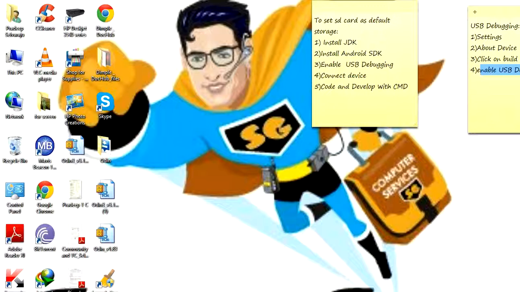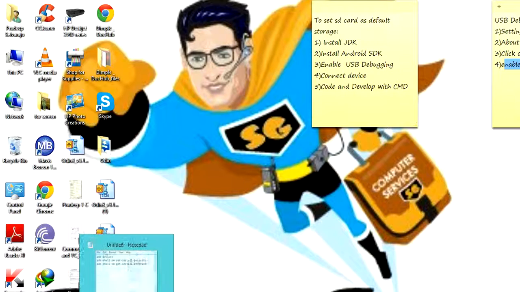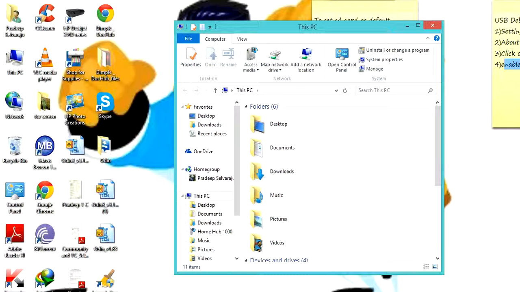For the next step you'll have to connect your device to the computer, and after that open the Android SDK folder again.